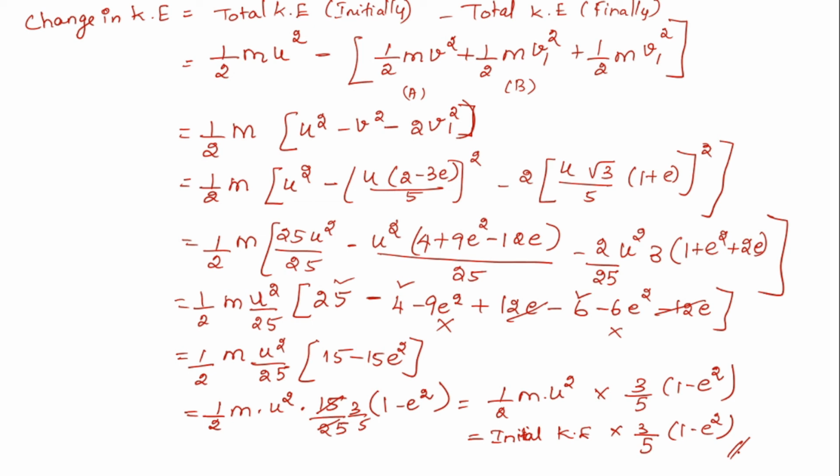So in this unit you learned what oblique impact is, what the velocities are when two smooth spheres impinge, and what the loss of kinetic energy is. These are the points which we derived in the theory class, and in the problems also we use these concepts and derive the loss of kinetic energy, some velocities and some relationships.